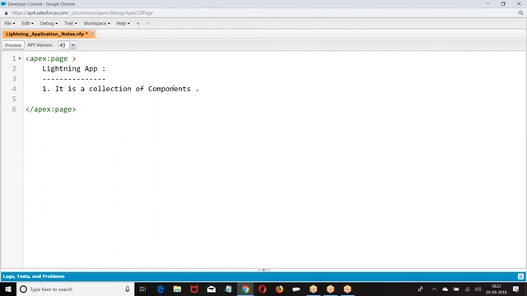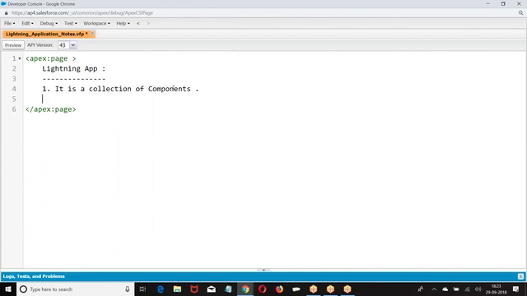SPA, single page application. What are you trying to build using an application? A single page application. aura:application is the component which is used to build a single page application. Here, a single page application is nothing but a page, and a page is nothing but an application.